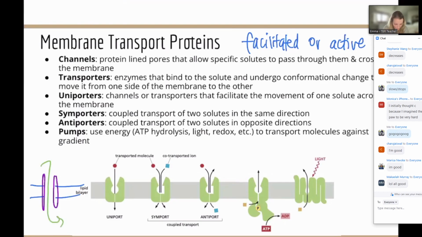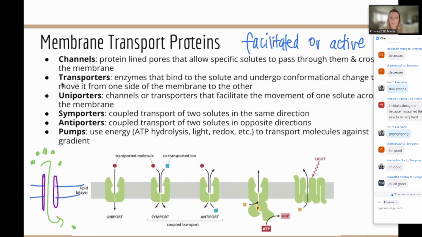And remember that we're always going to go from areas of high concentration to areas of low concentration. That's just the way that science works. I did not make those rules. We all just have to agree to it. So we're going from high to low and we're just flowing through our channel. We're happy as can be. We're going to see another part later where channels come into play. So just remember that they're there. That's going to be technically facilitated because a protein is involved, but it is just a protein-lined pore and it's passing on through.